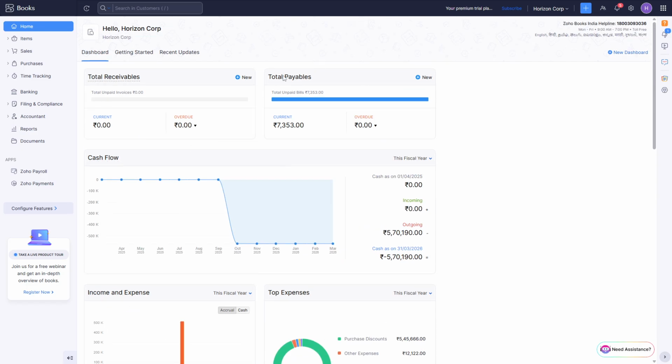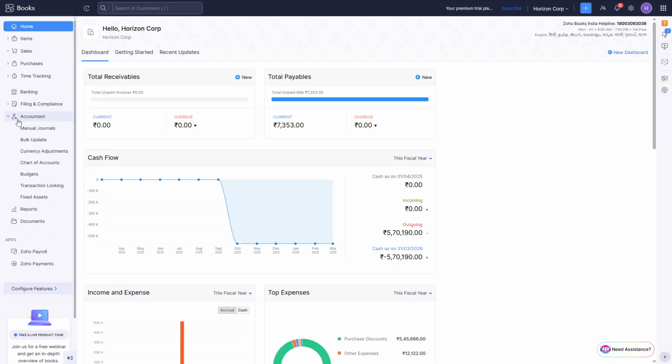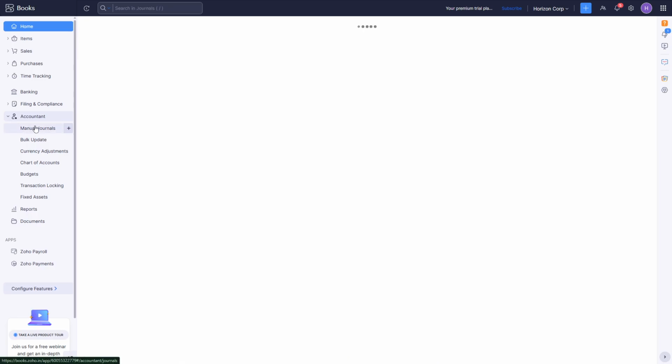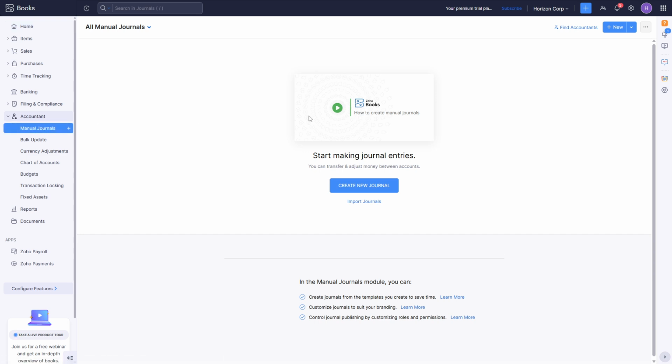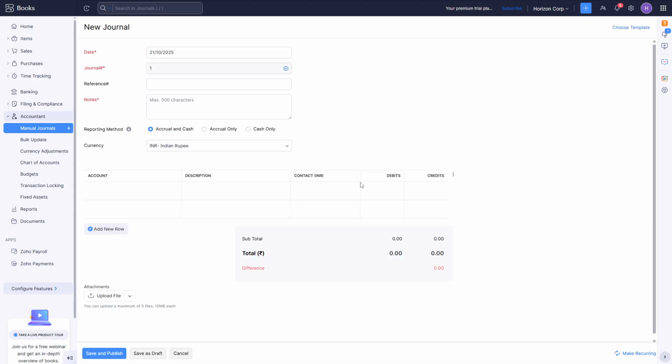Let's get started. Once you've logged into Zoho Books, start by navigating to the Accountant section located on the left sidebar. This is where you'll find all the tools you need to manage your financial records. From there, you want to choose Manual Journals. This selection is crucial because it allows you to input journal entries manually, ensuring that your financial data is both